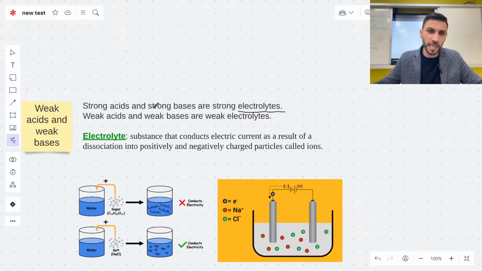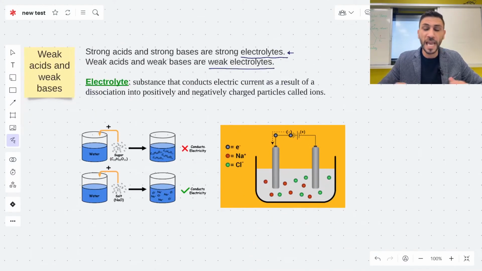Strong acids and strong bases are strong electrolytes. We need to know what strong electrolytes means. Weak acids and weak bases are also weak electrolytes. But what is an electrolyte? An electrolyte is any substance that dissolves in water and has the ability to conduct the electric current because it